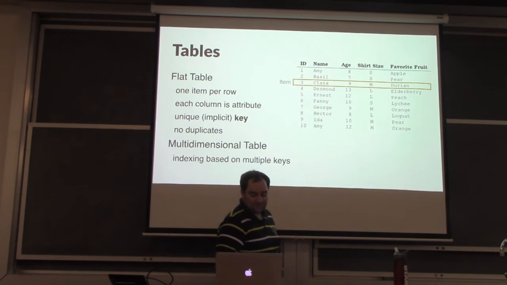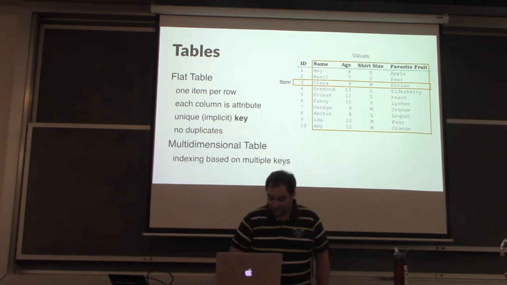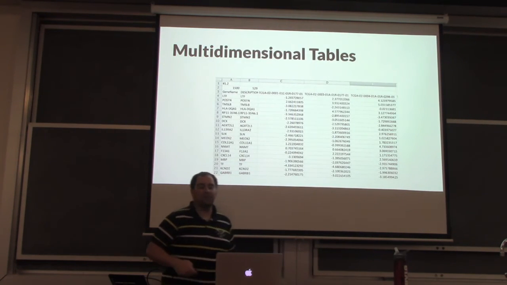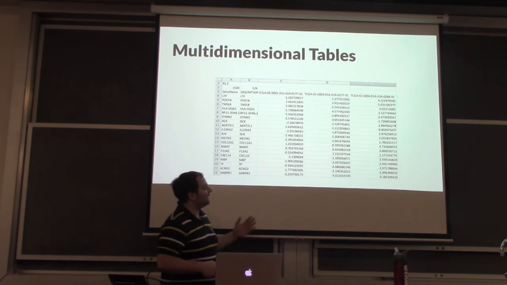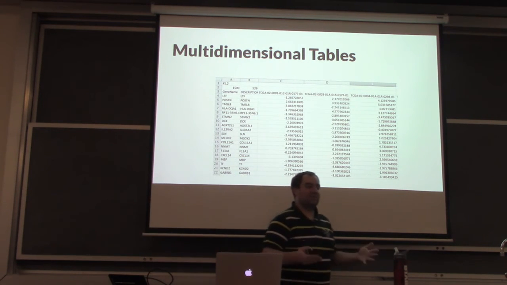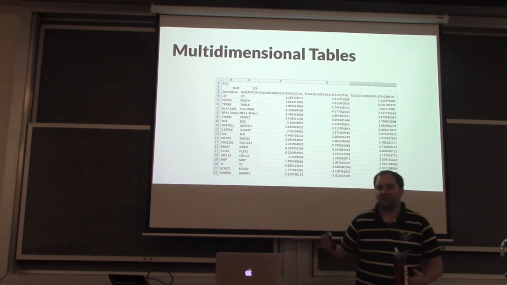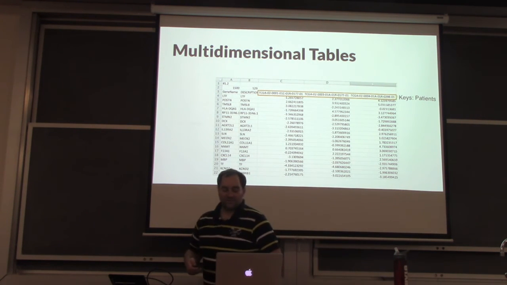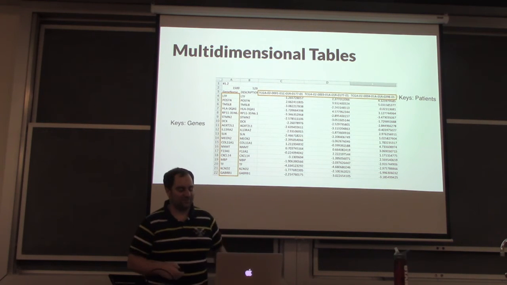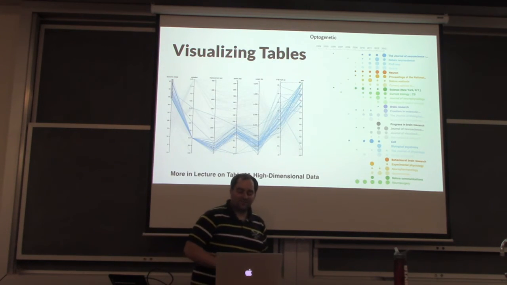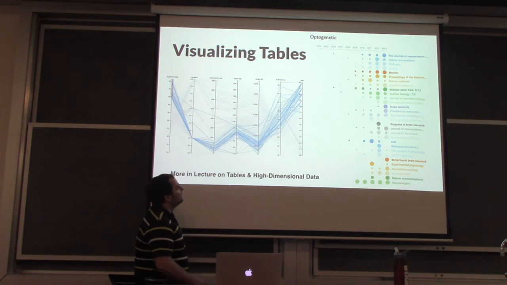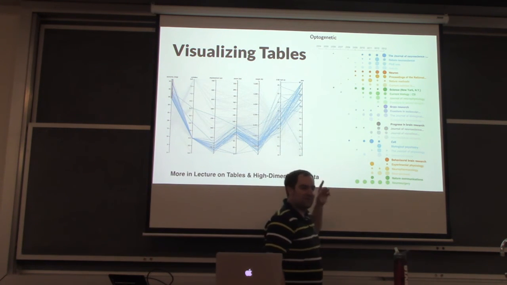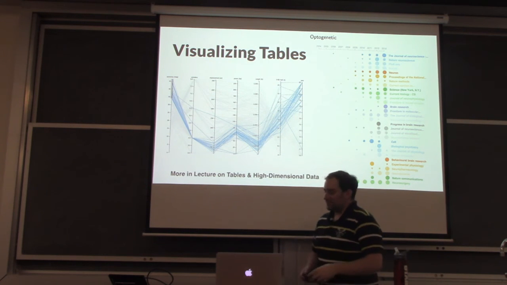In a multidimensional table, I can only represent one data type per table. And if I need multiple dimensions, then I stack those tables. I create multiple of them and then show them; how I show them is a different question. But here are a couple of examples of how we can visualize a table. So this here is a parallel coordinates view, and we'll talk more about this in the lecture on tables and high-dimensional data. But just to give you an intuition,